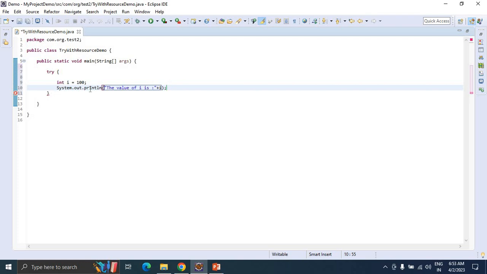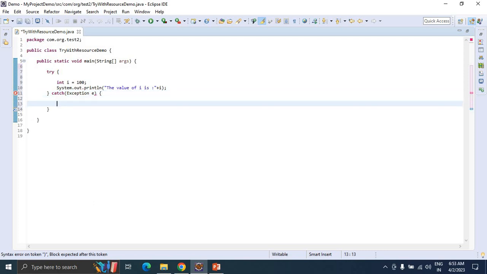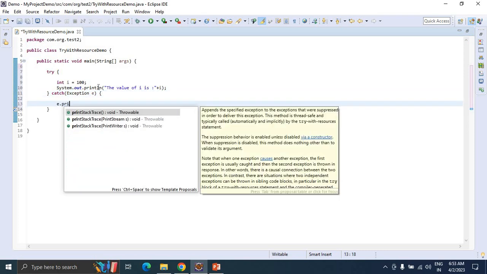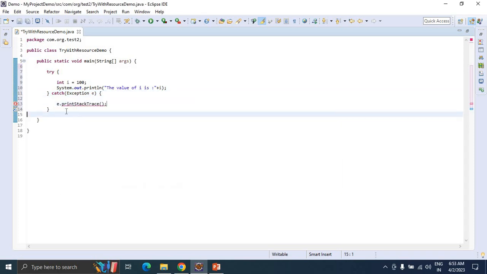We need to declare the catch block here, catch Exception e, and e.printStackTrace(), you can give it.